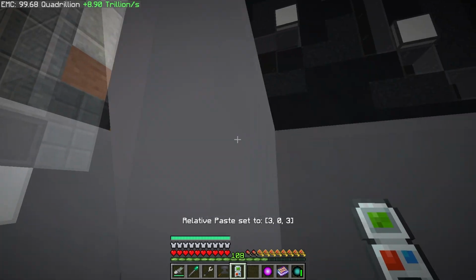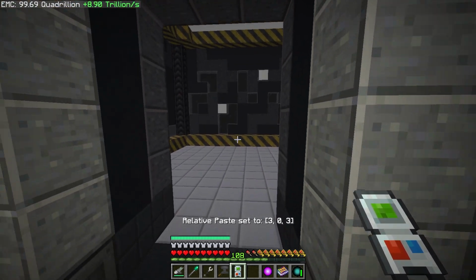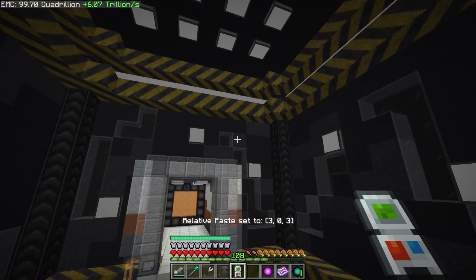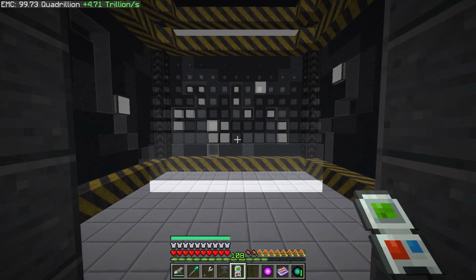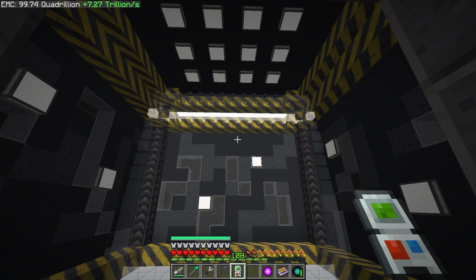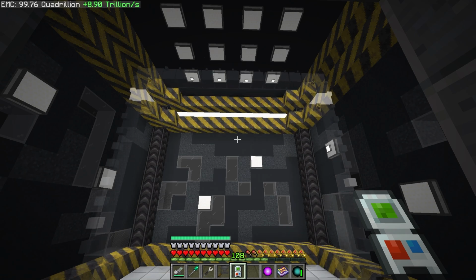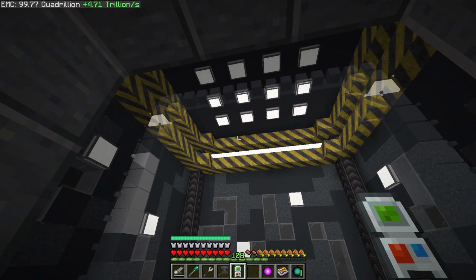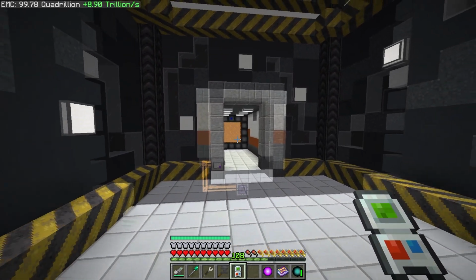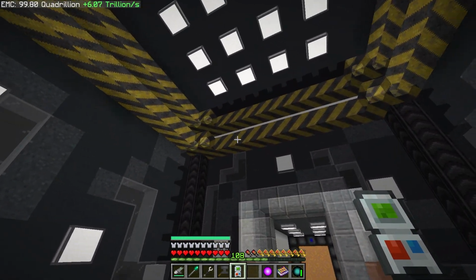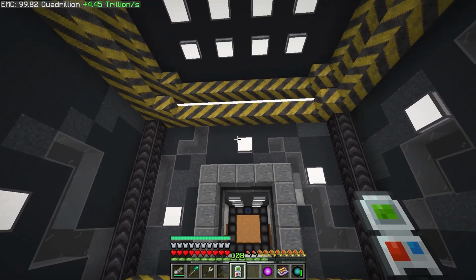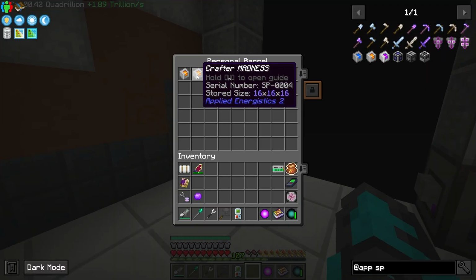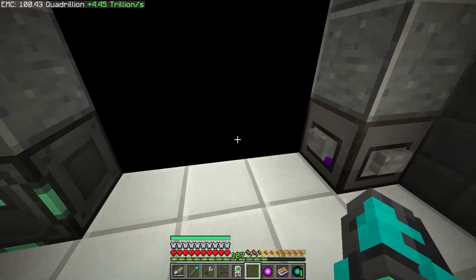And just like this, all I have to do is simply right click, because all of these items that I used here have EMC, and I can build out another area just like that, ready to go. And of course I can use an exchanging gadget to change any of these blocks, or I can just leave it like this and we can just go off of each individual name, and we now have like modular storage units. Oh, this is so cool. That can be stored in the dimensions. And there we go. I've stored this one and I've named this one Crafter Madness,